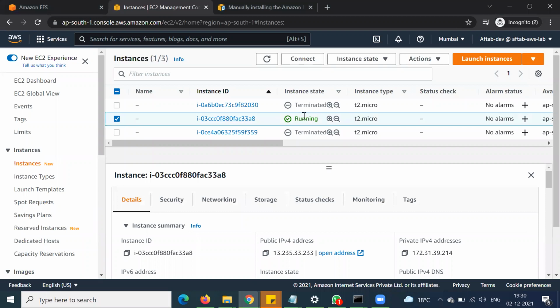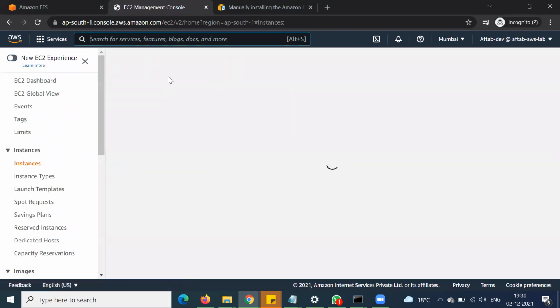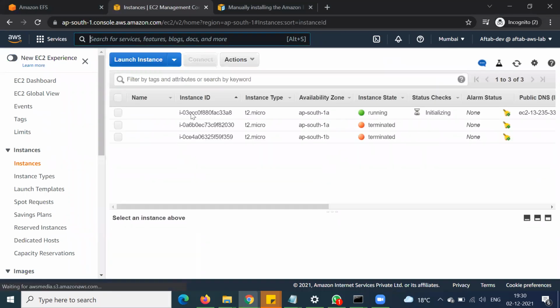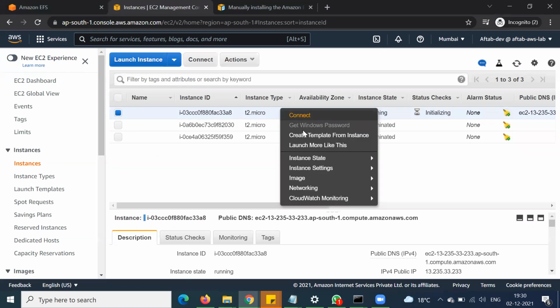So let's click on this. To create a similar kind of server, we need to go into the previous version of the tab. You can go into the older dashboard, and from here you will be able to create a similar kind of instance. So here, launch more like this.